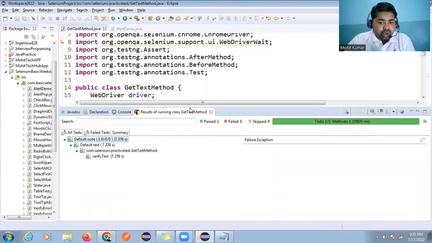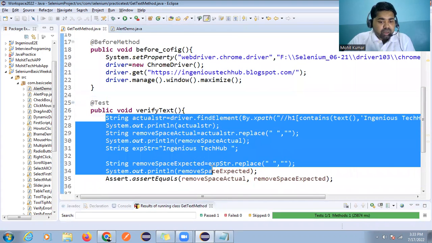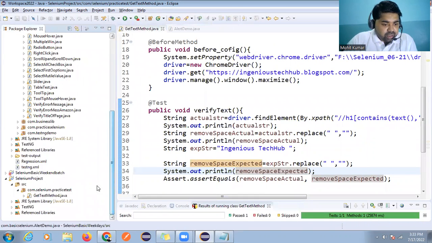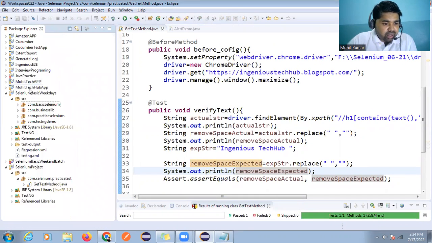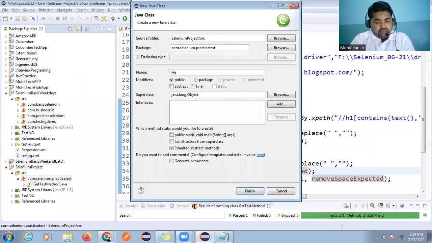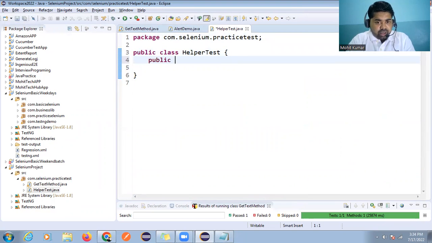But in this video I'm trying to create this method as a reusable method. So let me do one thing. I'm just going to create one more class here, called the helper class. I'm writing helper test because a helper class is already there in my project. So here I will define public static